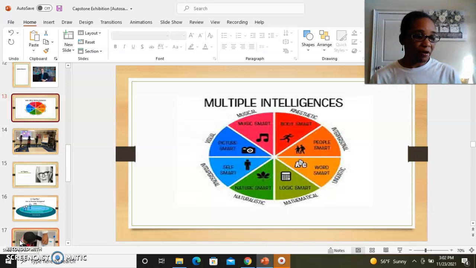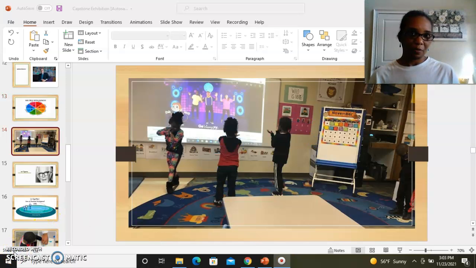And in our classroom, the one that we really use the most is musical intelligence. We really focus in this area because it helps our students throughout the day. It gives them brain breaks to get up and move their body. And they really like that because sometimes they don't like to sit long. And so when we do dancing, movement, they like it. They love music. We incorporate music in our schedule daily. So like I said, music plays a major role in our classroom.